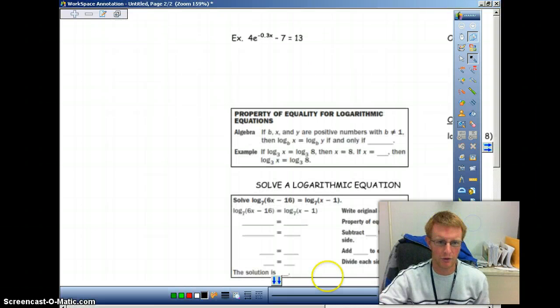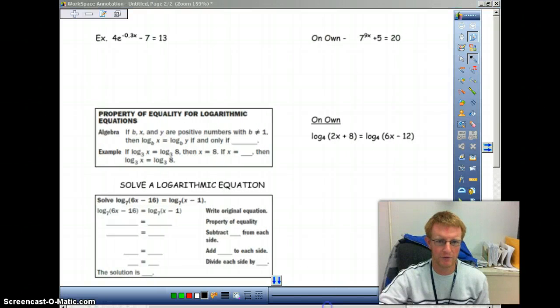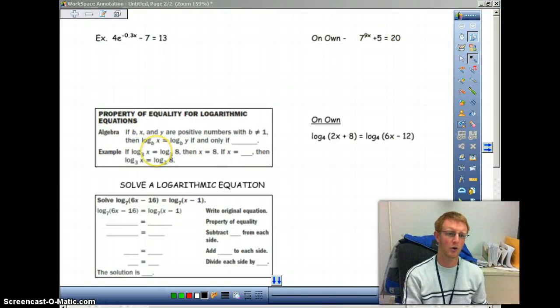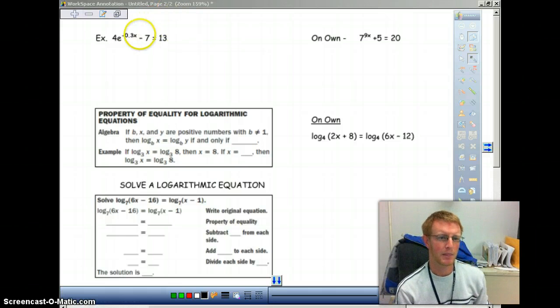Okay, so let's move on to another example. This is a little bit more difficult, so I'm going to do one that's a little bit more difficult, and then you'll do the second one on your own. So in this one right here, it's not really different, okay? The idea is we're still going to end up having to use logarithms to solve. But what you need to remember is that we don't want to use logarithms until that's the only thing left to do. So we need to get rid of this -7 first, and we need to get rid of this